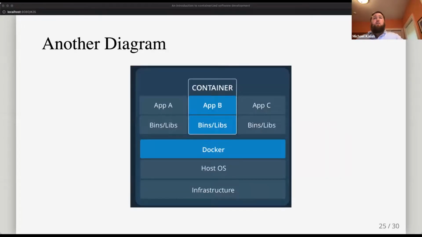And then with a little better line here. The word container is tossed around, and so I wanted to highlight what people really mean when they say a container. The container here is what is circled here. It's going to be all the libraries and the binaries needed by the application. So app B, like I said, maybe application B is a Node library,